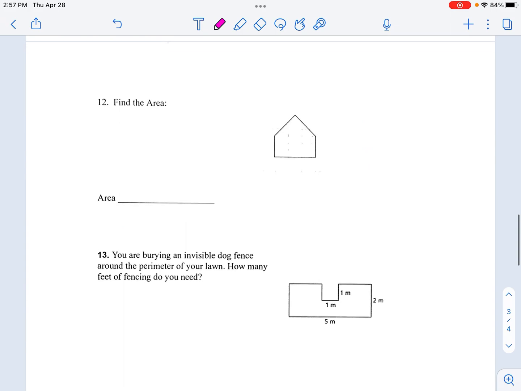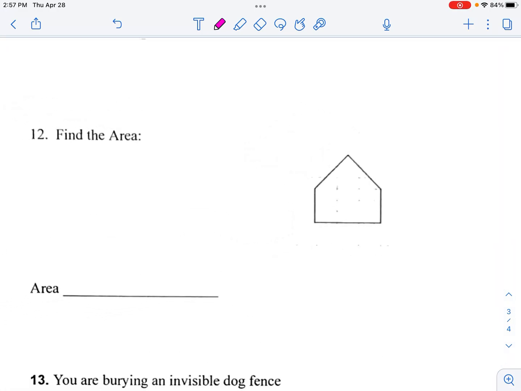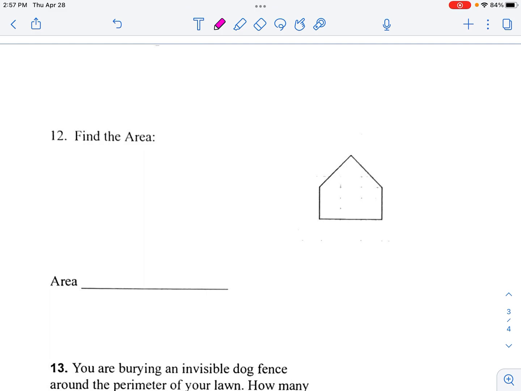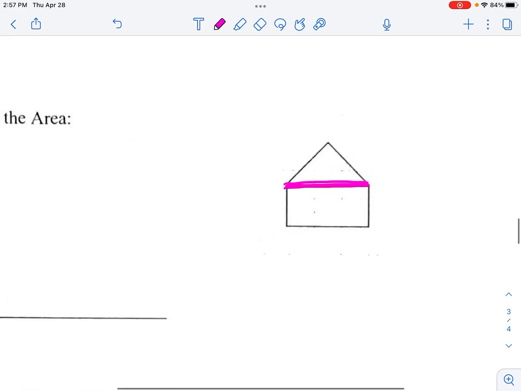Okay, let's move on to number 12. We are finding the area. This one did not come through on this scanned worksheet. Hopefully it did on your printed copy. You will see down here